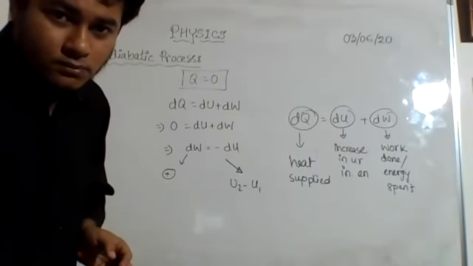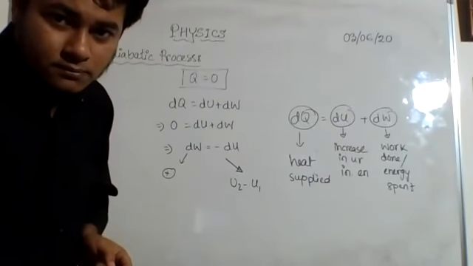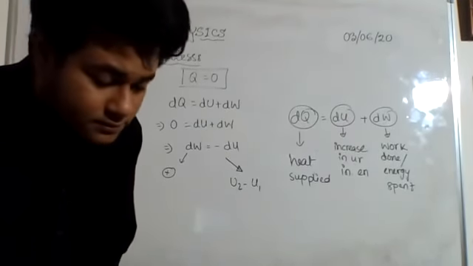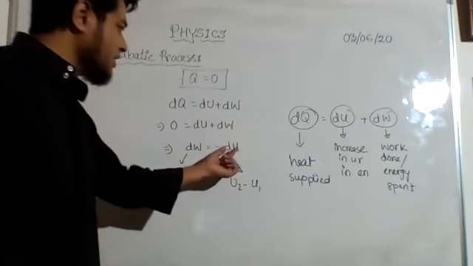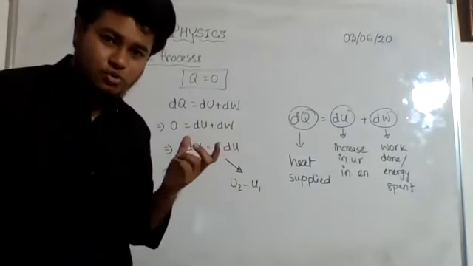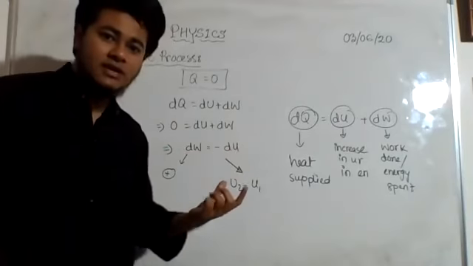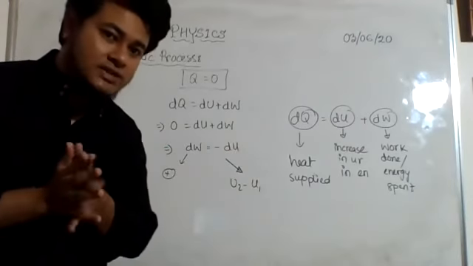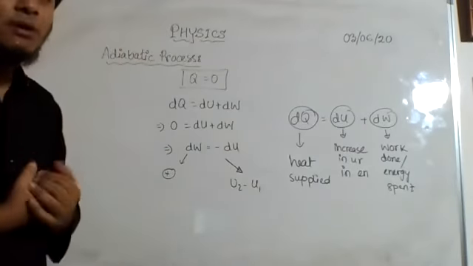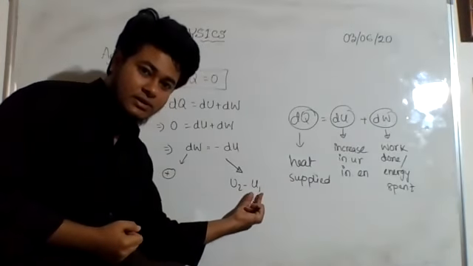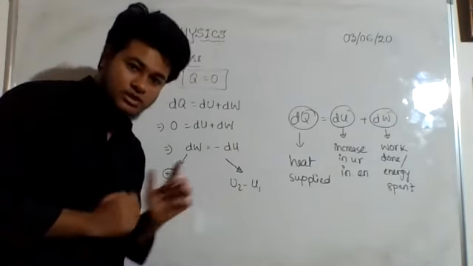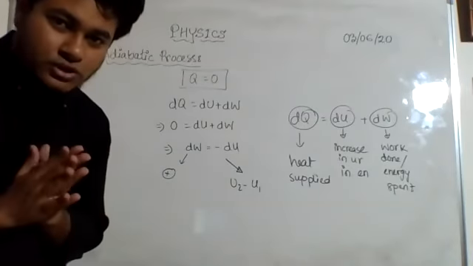No sir. স্যার আপনি কি বলছেন এটা আবার বলবেন? কোনটা ইরফান? যে U2 U1 এটা কি বলছেন আপনি একটু আবার বলবেন? DU, D দ্বারা আমরা চেঞ্জ বুঝাই, তাই না? এবং U মানে ইন্টারনাল এনার্জি, so DU মানে চেঞ্জ ইন ইন্টারনাল এনার্জি। সো চেঞ্জটা আমরা কিভাবে ক্যালকুলেট করি? ফাইনাল মাইনাস ইনিশিয়াল। ইনিশিয়াল ছিল U1, ফাইনাল হচ্ছে U2।